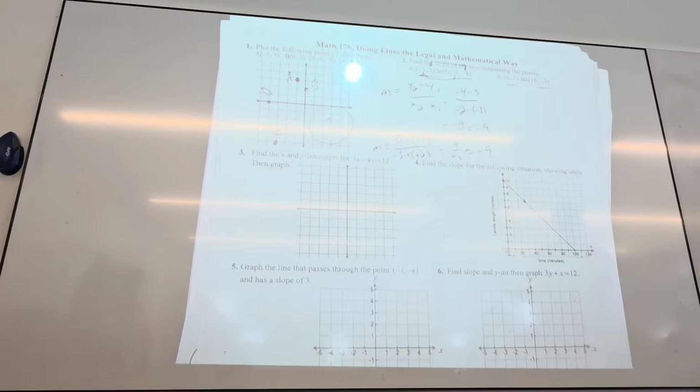Okay. And that's huge. That's the difference between telling your boss your profits are going up versus the truth, your profits are going down. You want to make sure that slope is the right way.